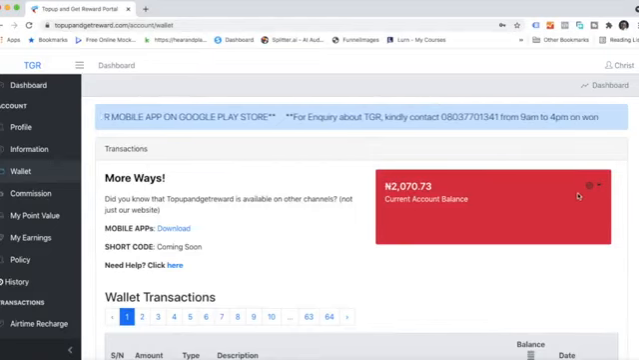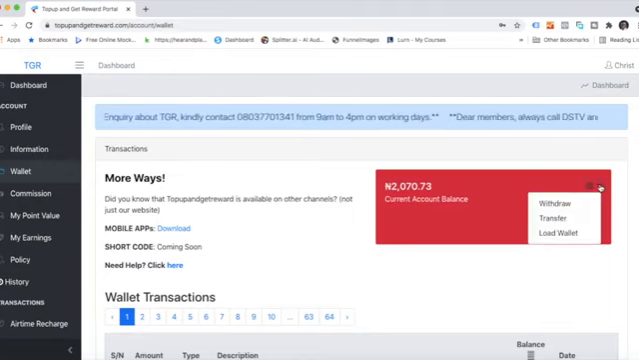The same process: go to the gear section, click on the drop down and do withdraw. Withdraw here now means it's going straight into your bank account. You can transfer to another member on TGR, or you can load this wallet with some extra cash. But what we want to do now is to withdraw it into our bank. So click on withdraw,